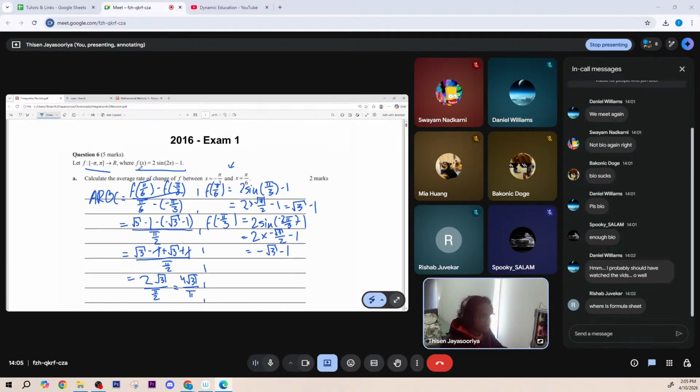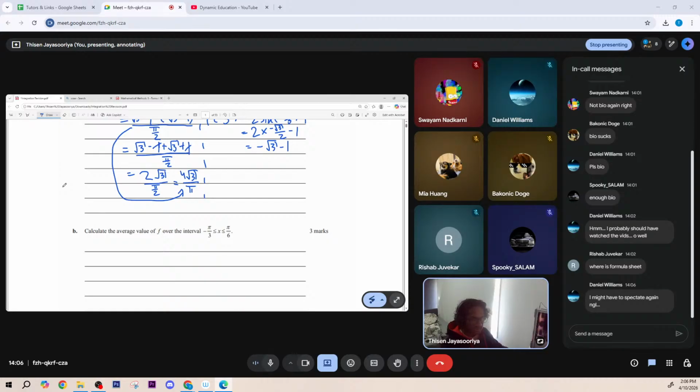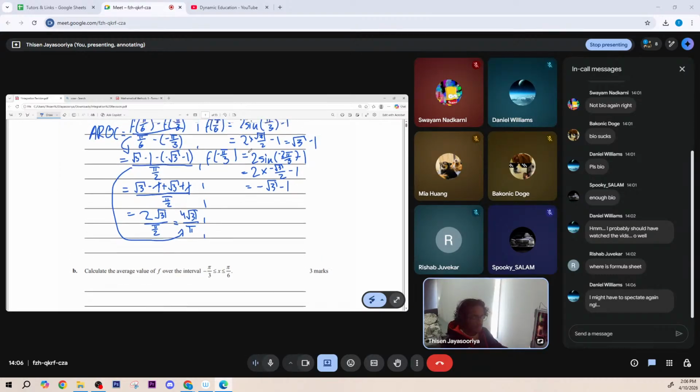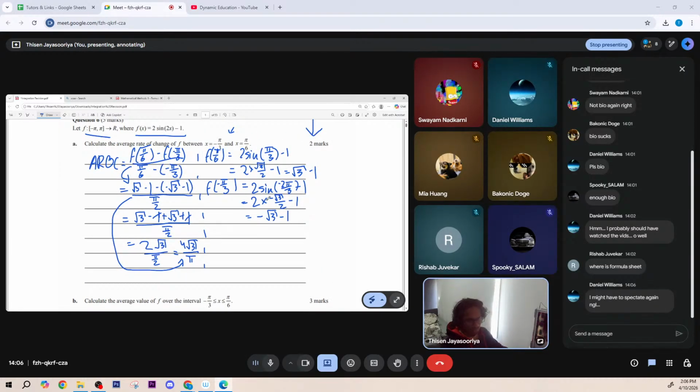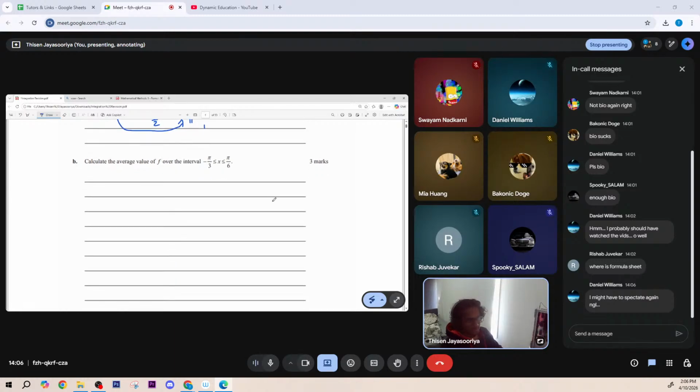Now, obviously, I've done a lot of working out there. It's worth 2 marks, so you probably don't need to do as much as I've done. I've just formulated it in this way for more or less demonstrative purposes. The main thing that I'd focus on really is being able to simplify this one into this one, and then this one directly into this one through quick working out. That's where I would try and save time, with those individual steps, because these ones over the side don't hurt too much with the timer. So here,